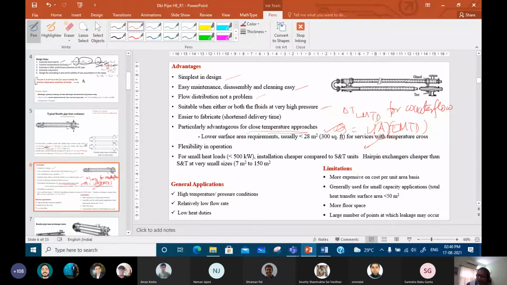See, when we design the double pipe exchangers, what we do is we find out A, and what is A equal to? It is pi times the outer diameter of the inner pipe times L. So what happens? Usually we get the L to be quite large. So normally providing that amount of length takes a large amount of floor space. So what we do,